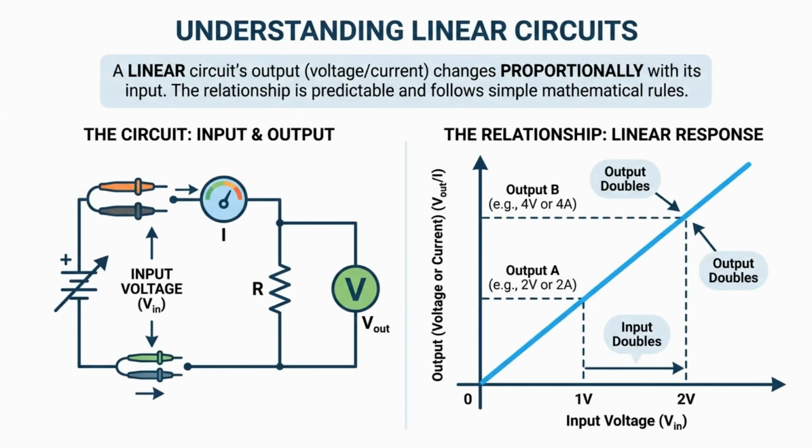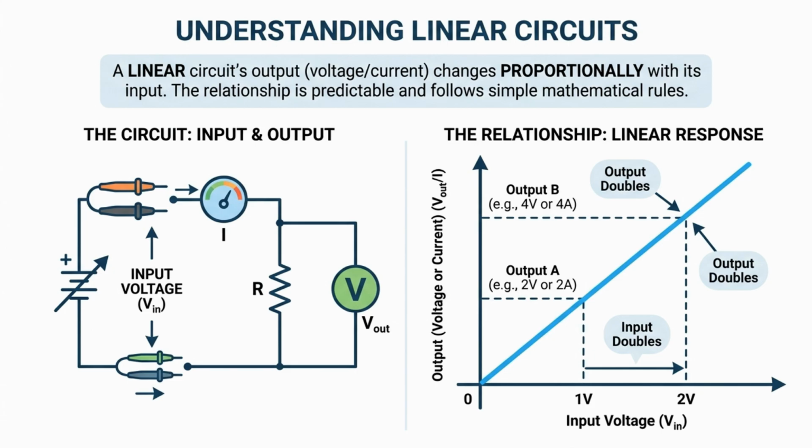A linear circuit is a circuit whose output changes proportionally with its input. If the input voltage is doubled, the resulting current or output voltage also doubles. This predictable relationship makes linear circuits much easier to analyze because their behavior follows simple mathematical rules and remains consistent